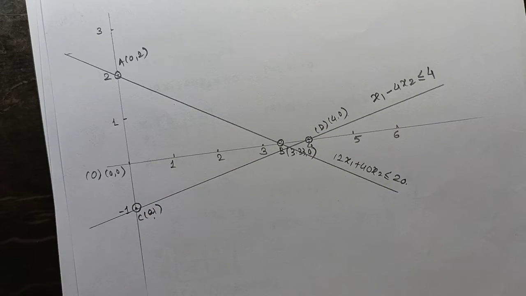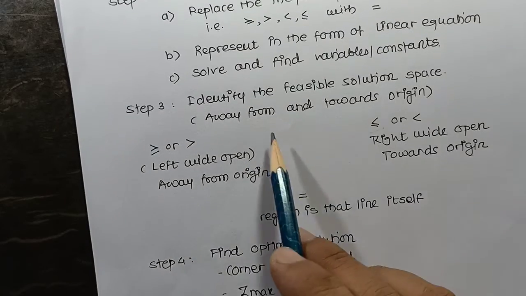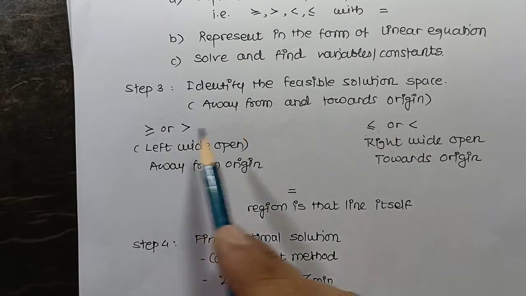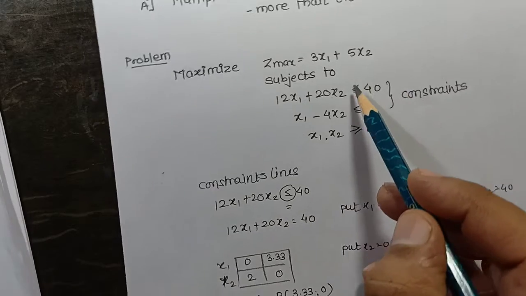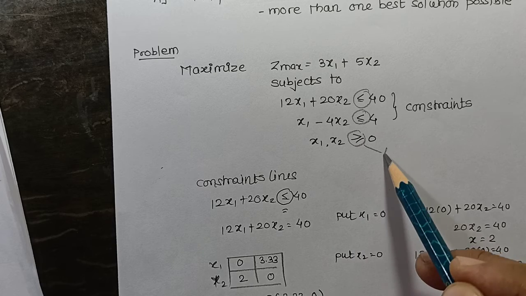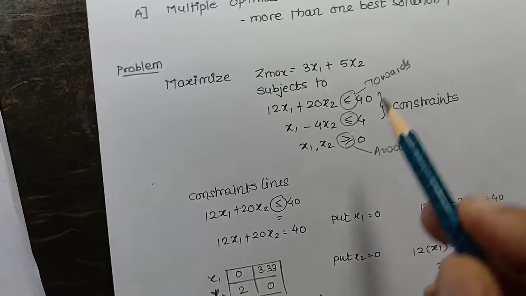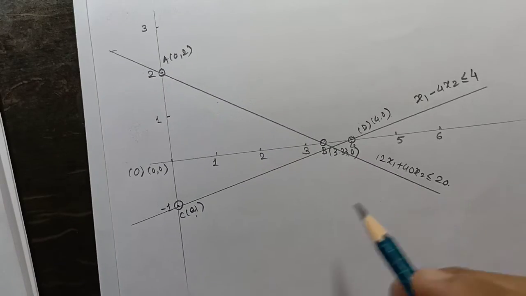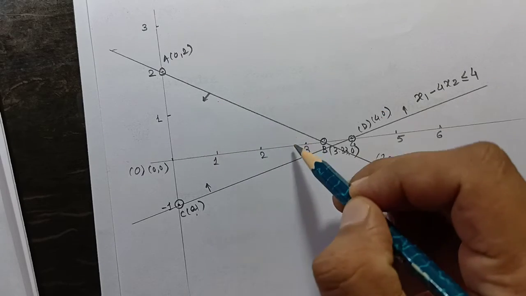Now next point is that I am going to check whether the signs are away or towards the origin. So I am going to check what these signs are representing here. So if you see this in the given problem, this sign is towards the origin, and this sign is away from the origin. So I'm just going to highlight. See, the line number 1 is pointing towards the origin, and this line is also pointing towards the origin.